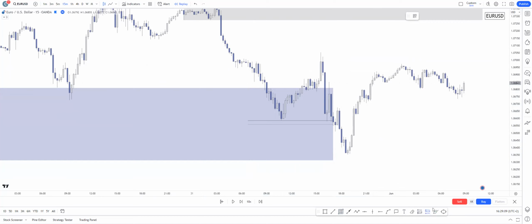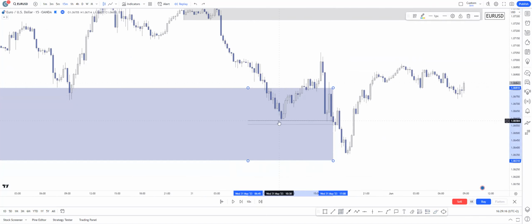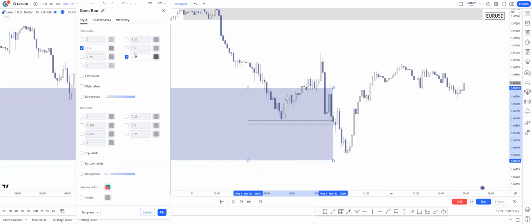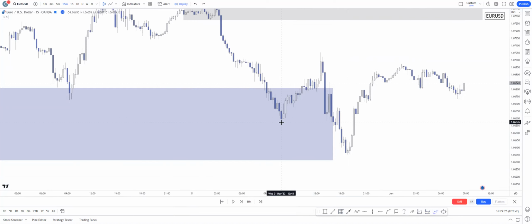Actually, this is the 50% line here, and this darker line is 45%. So price didn't mitigate the 50% at this point, and after that it wasn't that strong a reaction that we were looking for. So you can see that technically a change of character happened here, but this was just a liquidity building movement. And as you can see, after the sweep of this liquidity right here, price has just returned back,